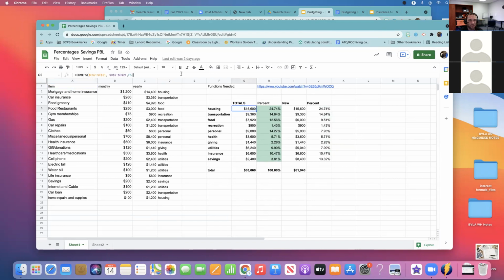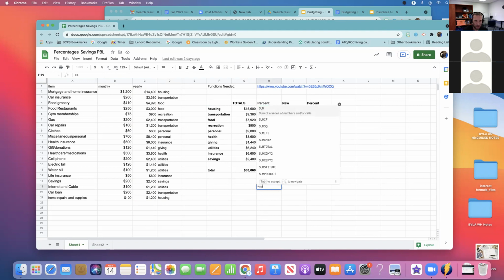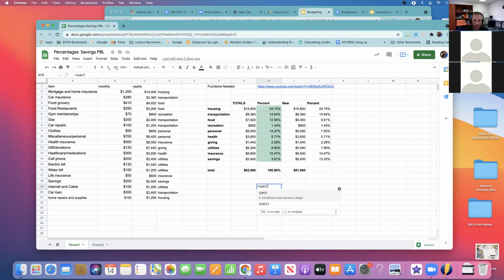This is a conditional sum if, where you select a range and then you select another range to sum up, and it'll explain it to you as you type it in. So, sum if, and when you hit the parentheses, it says type in the range.